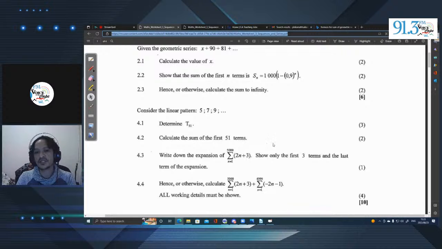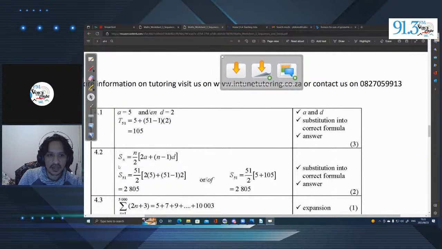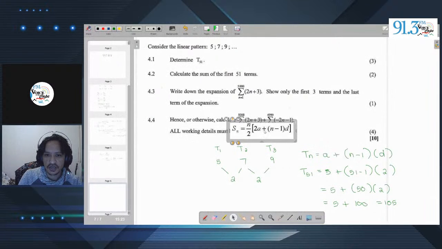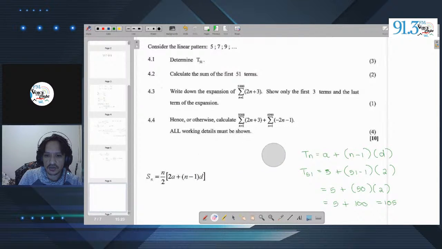So, the next question: calculate the sum of the first 51 terms. So once again, you might be asking yourself, I look at the formula sheet, what equation am I supposed to use? Well, you just look at what's common with the formula prior. So the general formula for the arithmetic sequence, you compare it to the summation formula and you'll notice something common. And here is the summation formula, and we'll just grab this and I will add it to the current page. And if we look here and I compare it, and let me just erase this so you can see, and we compare it